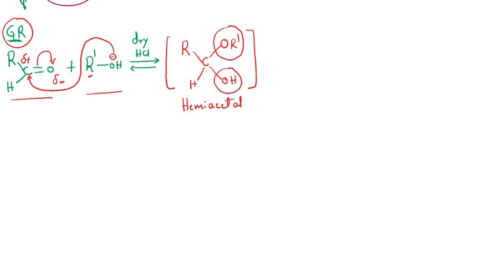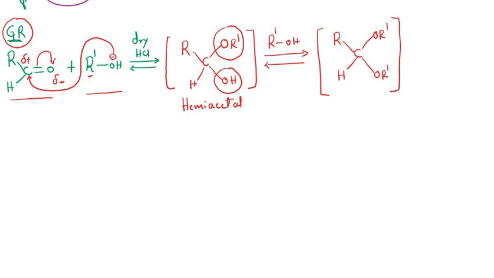Now this hemiacetal is highly unstable and it is going to react with another molecule of an alcohol, that is R dash OH. Here actually the mechanism is very lengthy, students, okay? Mechanism we are not that much interested in here, so directly we can write the products. RC then followed by hydrogen. Here also we are having an OR dash, and here also OR dash, okay? And the side product we have to recall is that water will be eliminated in this reaction, and now this compound is called acetal. Is it clear, students?